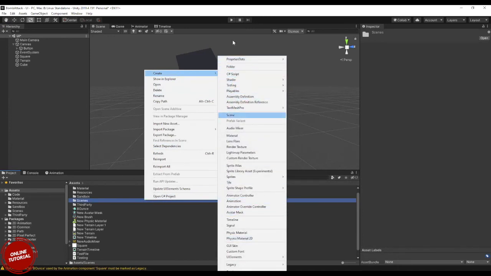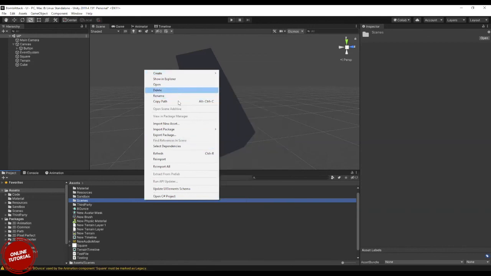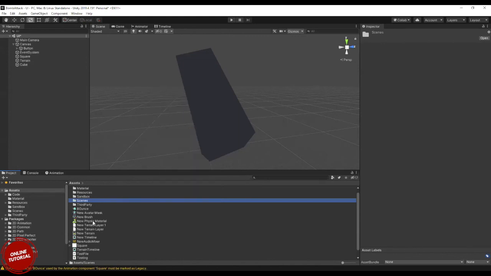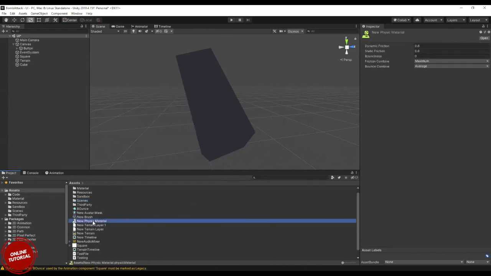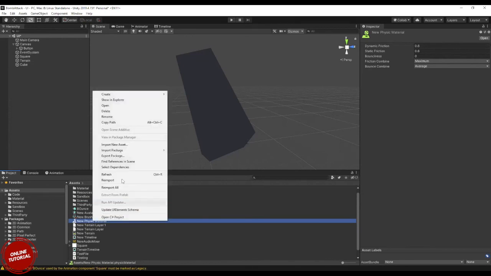For the project, below this is the stuff for importing and exporting. If you want to import anything, you can use this, and if you have a raw asset, you can import a new asset. Or if you have a Unity package that is understandable by Unity, you can use import package. If you want your project data to be used in some other Unity project, then you can export it.